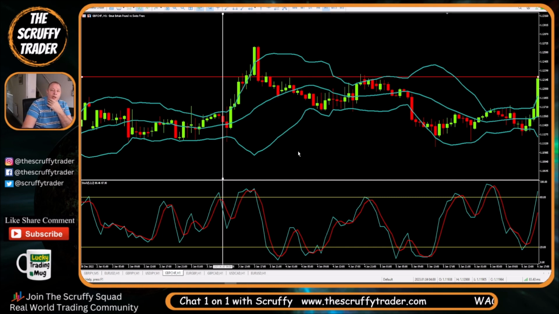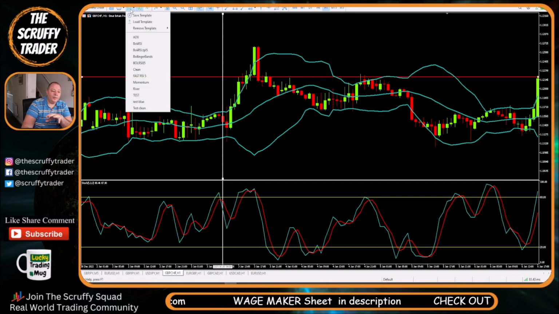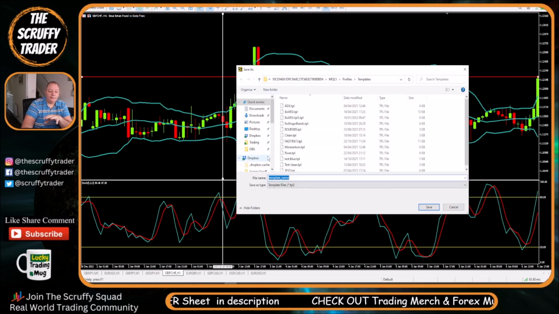What's that got to do with the price of bread? Well, what if I'm not looking at the Swissy? What if I want to look at Euro, but I want to use these settings? Well, that's where your templates come into play. So if you click on your templates and you click save, we'll come here and we'll just give it a